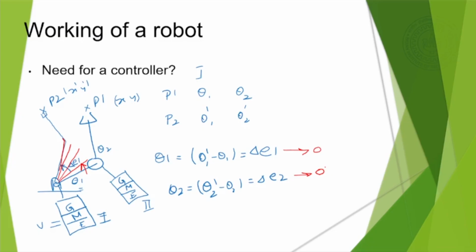Now, in terms of a control system diagram, we looked at basic control systems, and this is where my controller comes in. So this is my controller, this is my robot. In the case of a robot, it's basically a motor there.